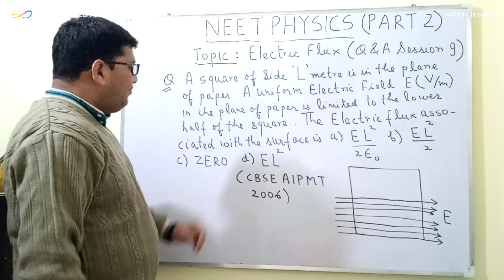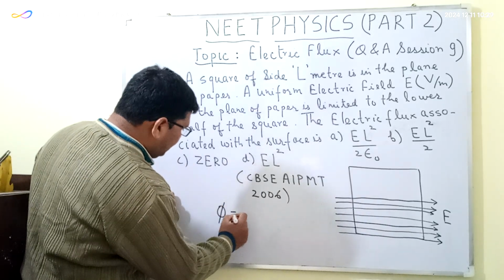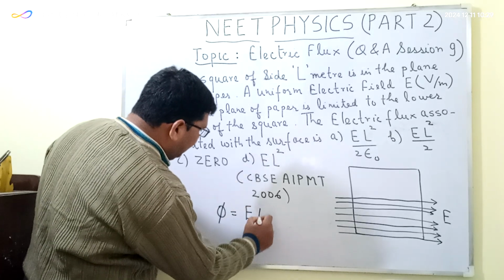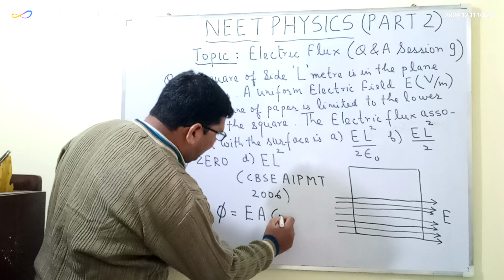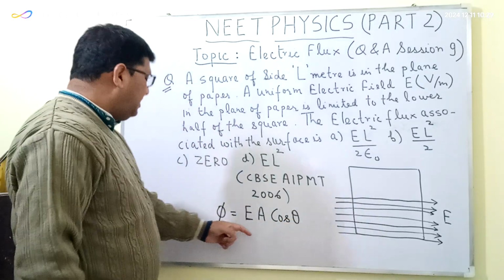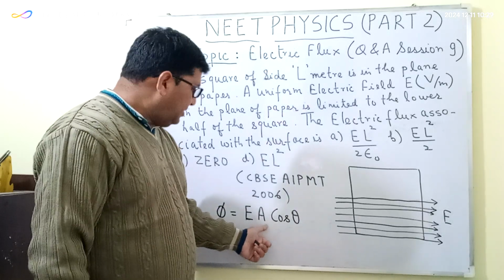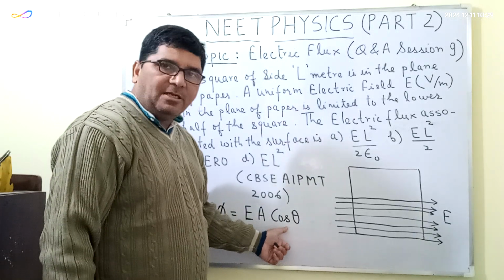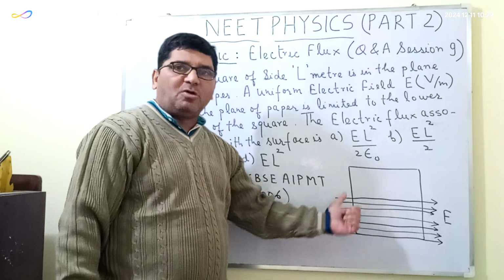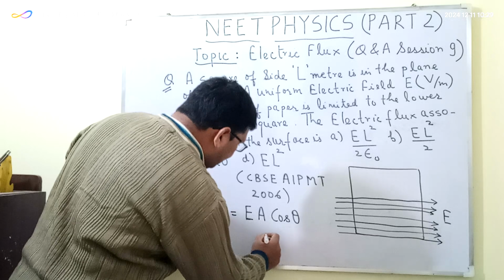Now we know that the flux through a surface is given by the formula, that is E A cos theta, where E is the intensity of the electric field, A is the area of cross section, and theta is the angle made by the direction of the electric field and the normal to the surface. So since here